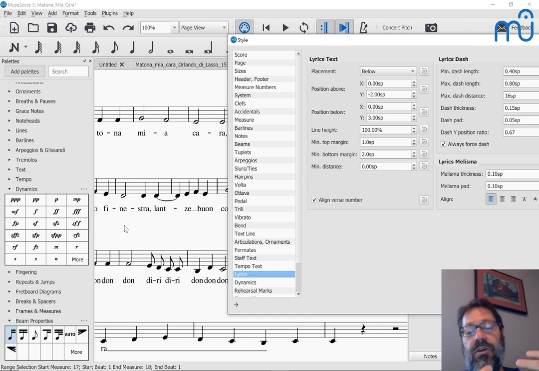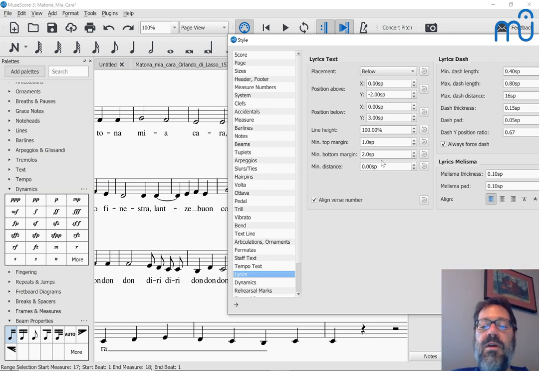As the page starts to fill up, that page will get compressed. But this says always keep at least 2 staff spaces. SP is space, staff space, and that's the basic unit of measure in MuseScore, or pretty much any notation program. So this says to always allocate 2 spaces worth of space below the lyric, before the next